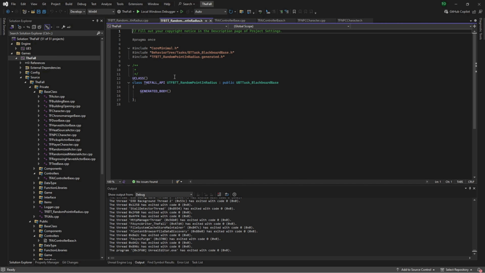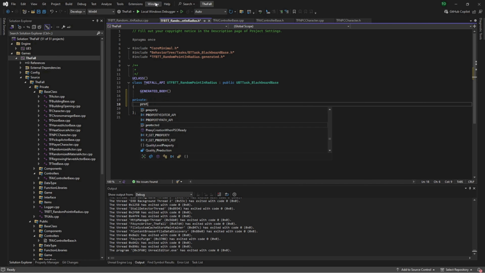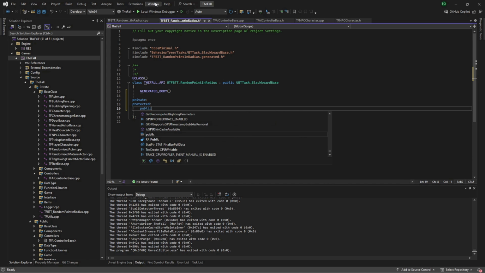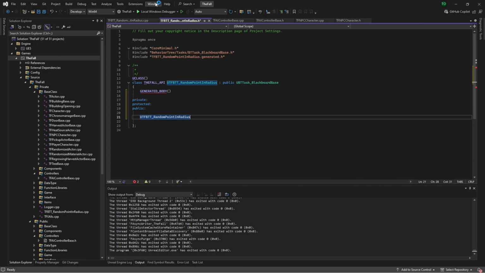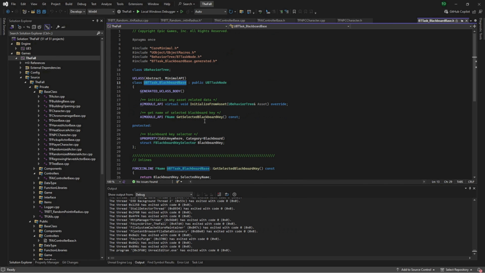So the first thing we're going to want to add is obviously a constructor. So we're going to copy the class name, and actually, first thing I'm going to do is set up my sections. So the constructor is going to be public, and this takes in an FObjectInitializer, which is a reference to the object initializer. And the reason for this is we have, go to definition,